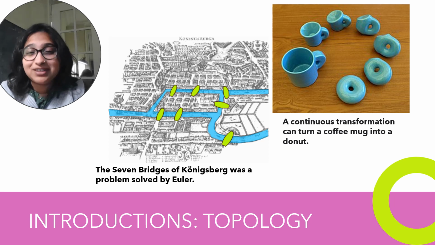In one of the first papers in topology, Leonhard Euler demonstrated that it is impossible to find a route through the town of Koenigsberg that would cross each of its 7 bridges exactly once. I hope I pronounced it right. This result did not depend on the length of the bridges or on their distance from one another, but only on connectivity properties: which bridges connect to which island or river bank.